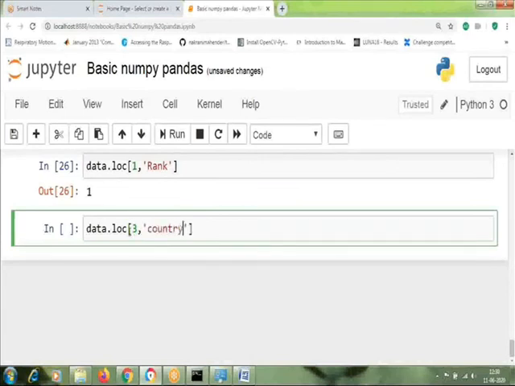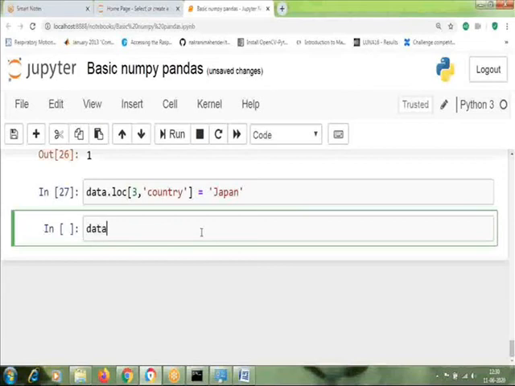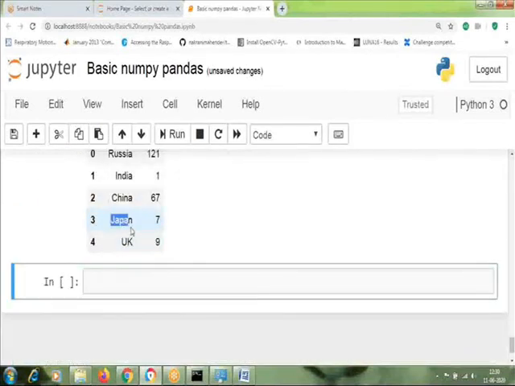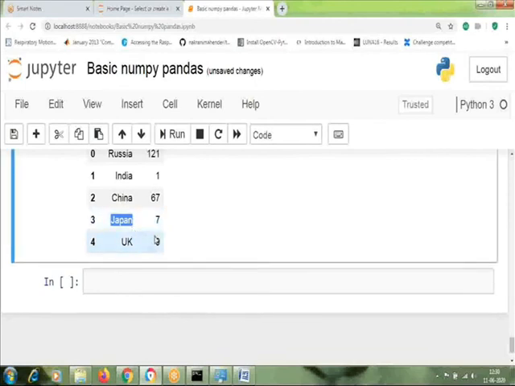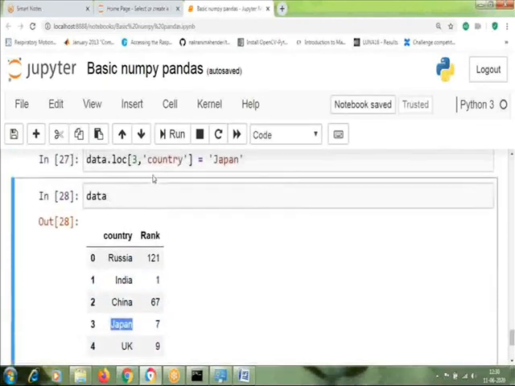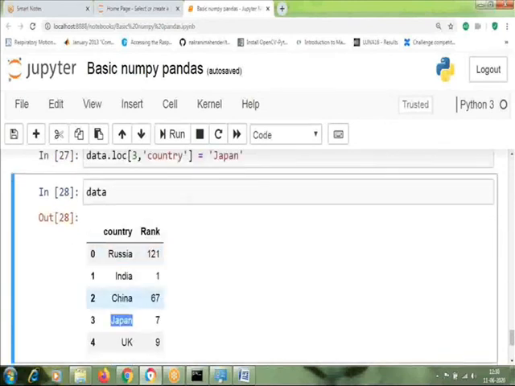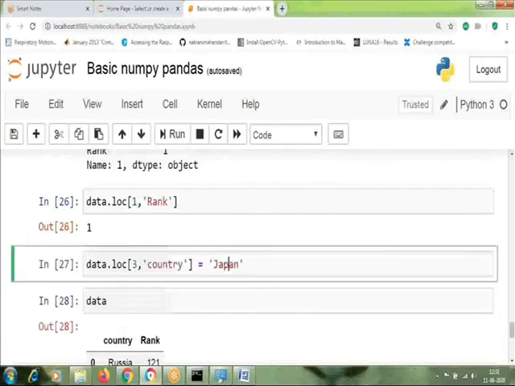Now I can change the value USA to another country, like let's say Japan. So now in the data frame, you can see that the country USA is changed to Japan. So that way also you can change the value of your data if you want to modify your value. So this can also be done.